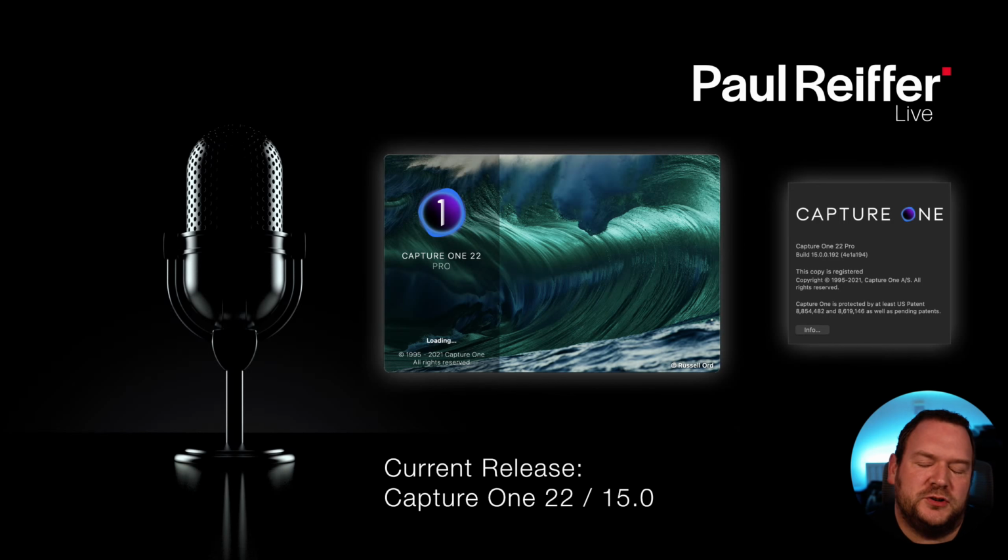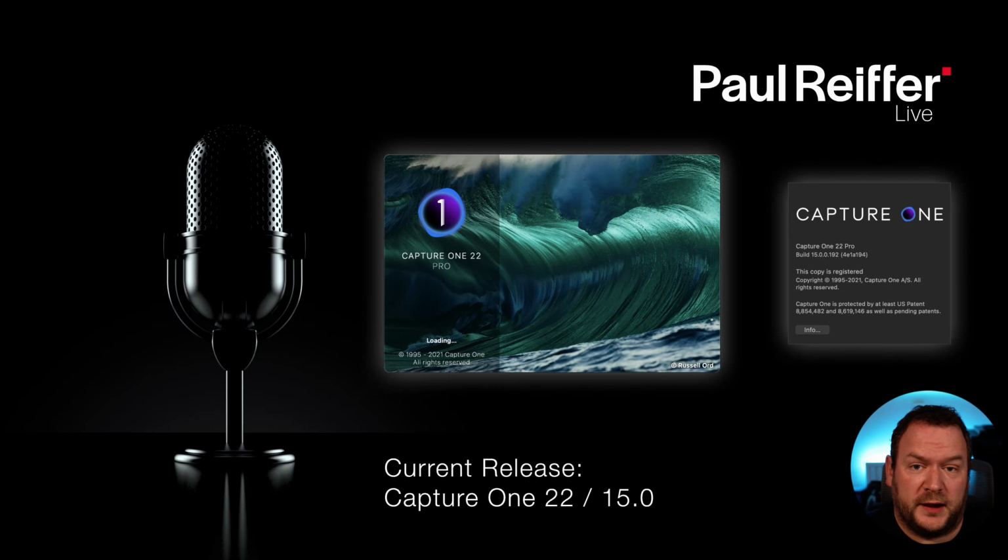If you are running version 21, don't worry. Most of the stuff that we're going to run through today is perfectly applicable to version 21 and 20 for that matter. There are a few new tools that have been introduced with 20 and 21 and now 22. But most of the stuff, apart from things like HDR and panoramic stuff, you'll be able to follow along with just fine from 21. If you're on an older version, you have the option of upgrading.